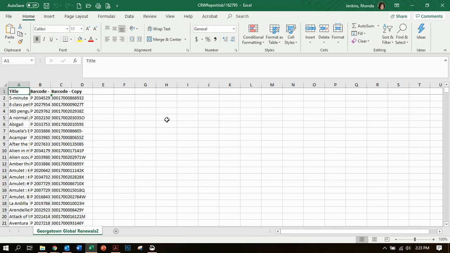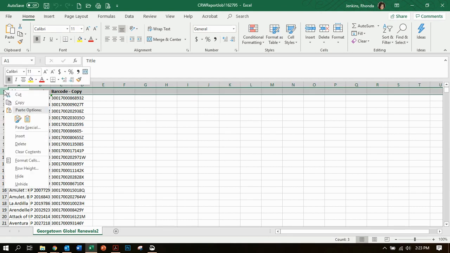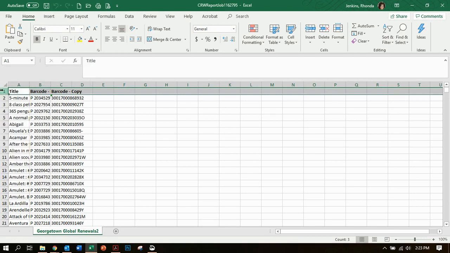And there's all the information. And notice this is just for your students and not for any of your teachers or your classrooms or any other way you have it designated. So this is just renewing it for students only. Now, the first thing that we're going to do is we're going to remove line 1, because we don't want the title or the headings to be in it. So just click on the number,